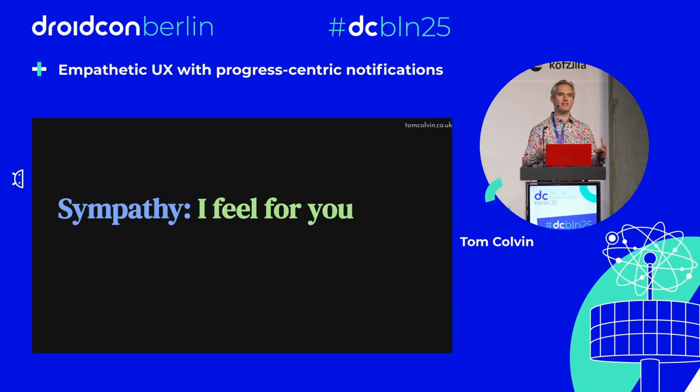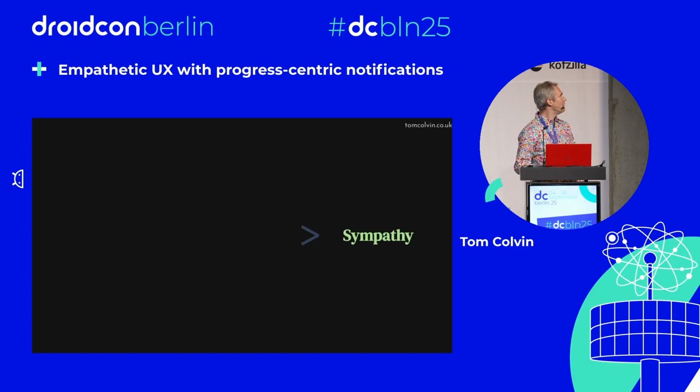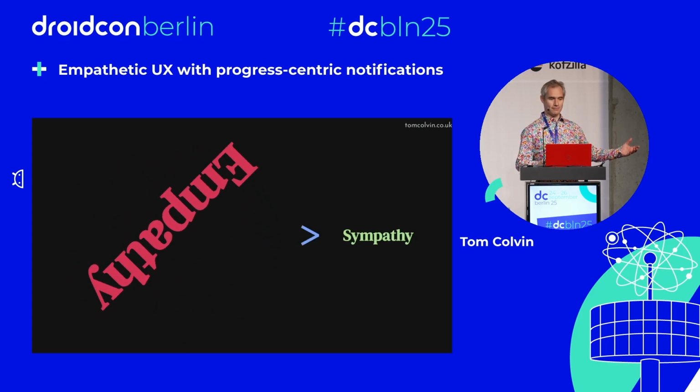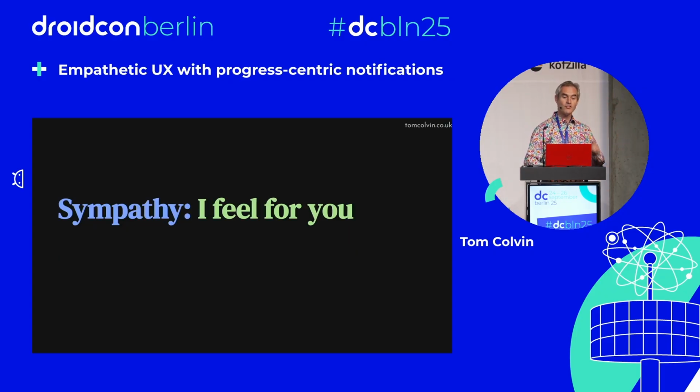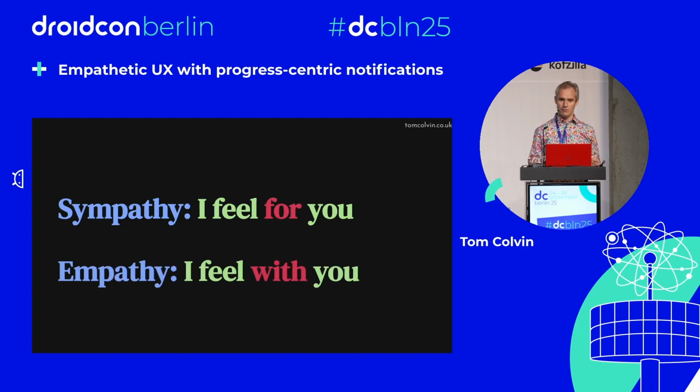It is, for example, where accessibility comes from. If you are a developer that doesn't, let's say, have a particular color blindness, you might feel sympathetic towards someone that does, and you therefore produce an app that caters for that color blindness. So sympathy is fine, but do you know what's better than sympathy? Empathy. That's the SFX budget completely blown. That's it. So while sympathy says I feel for you, empathy says I feel with you, which is essentially to